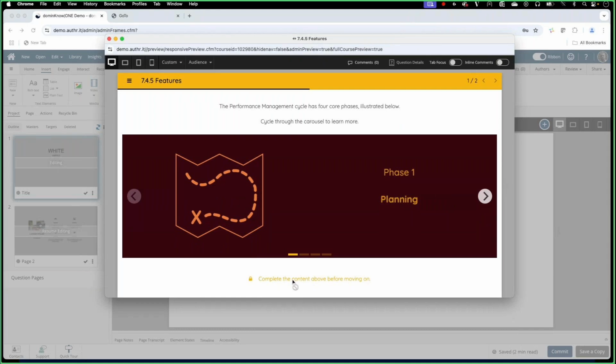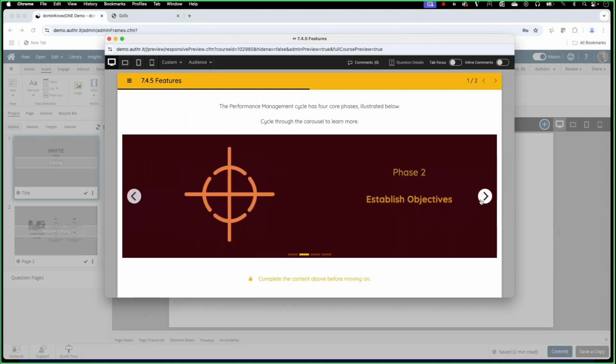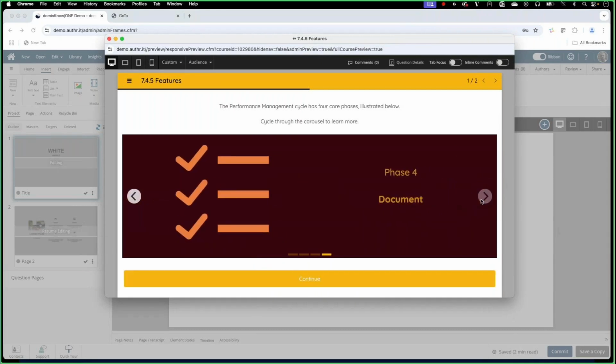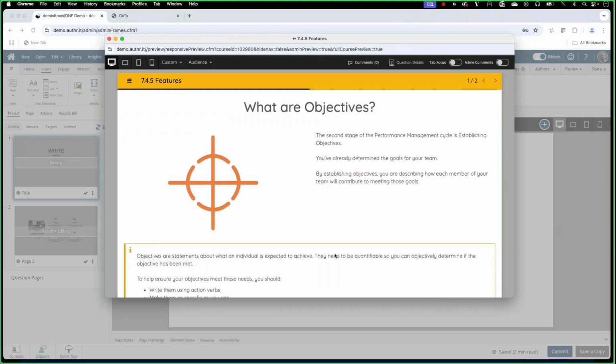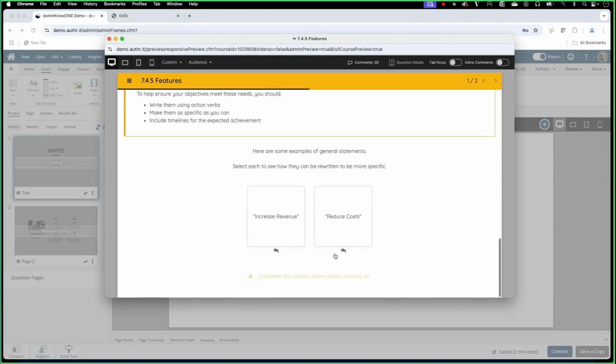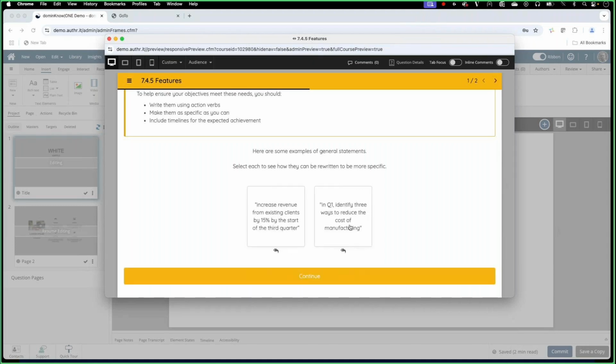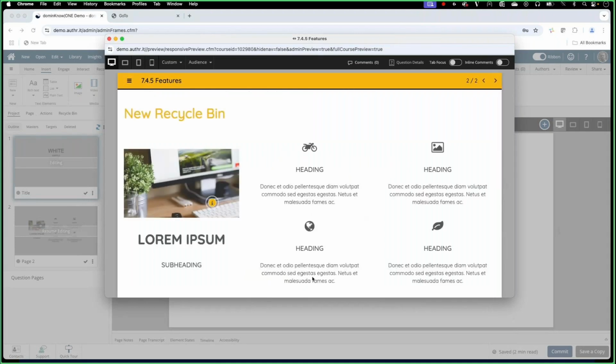And I can't go further down this page, even though there's more content here, until I've completed working through the content carousel. Now I can click the continue button, and I can move on into the remaining content on this page. Now, another continue divider here, but there's actually nothing on this page that's past this. It's just at the very bottom of the page. And in this context, it becomes a next button, which takes me over to the next page.